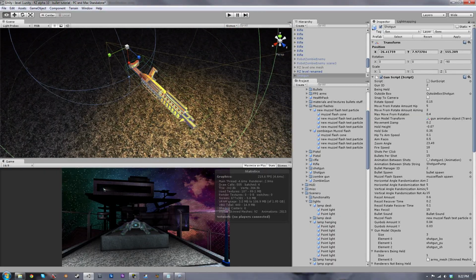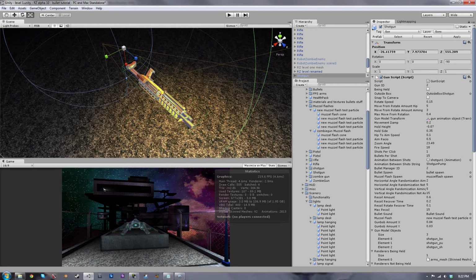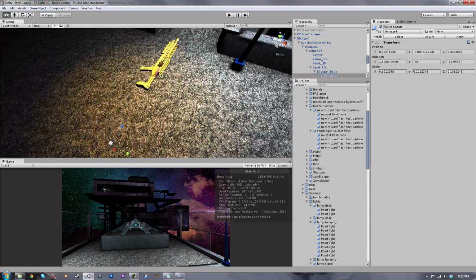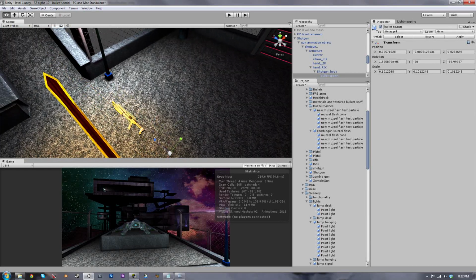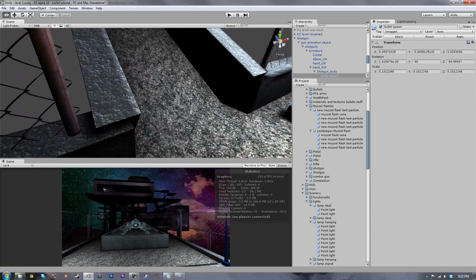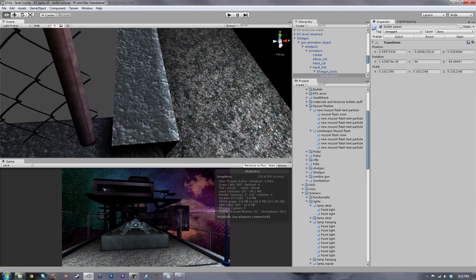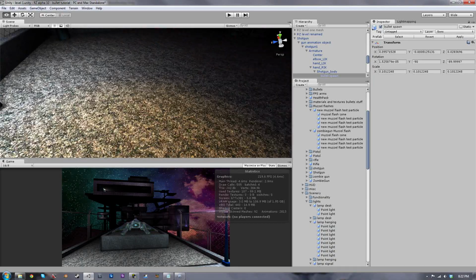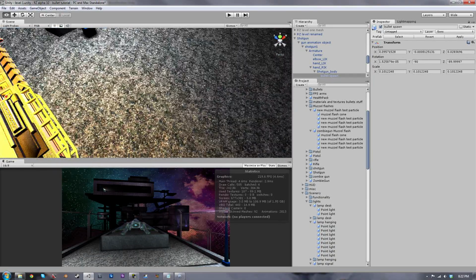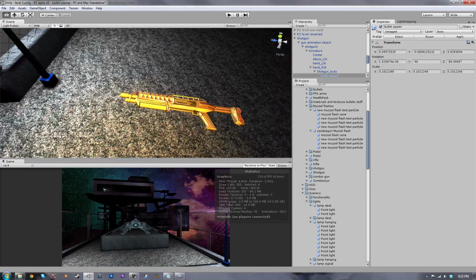So here is our shotgun, and the gun script attached to the shotgun, and then we have our bullet spawn set up, which is right here, which is actually way behind the gun. The reason why I have it way behind the gun is so that if the bullet spawns behind the gun, if your gun is actually going through something, like let's say you're standing really close to a wall and your gun is going through the wall, but you're using the camera trick to make it look like your gun is not going through the wall, which is a standard first-person shooter camera trick,